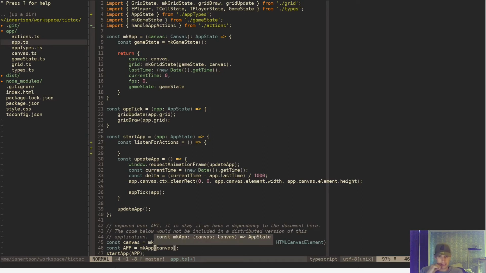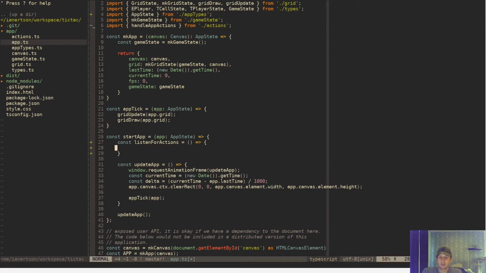Okay, grid state. Okay, listen for actions. I don't think the app state should ever be modified. Either way, listen for actions, and we would do something like handleAppActions(app,